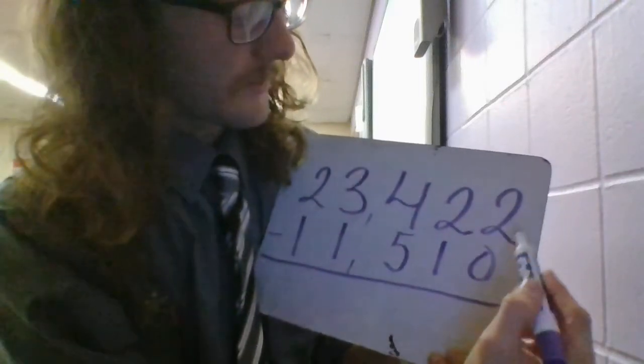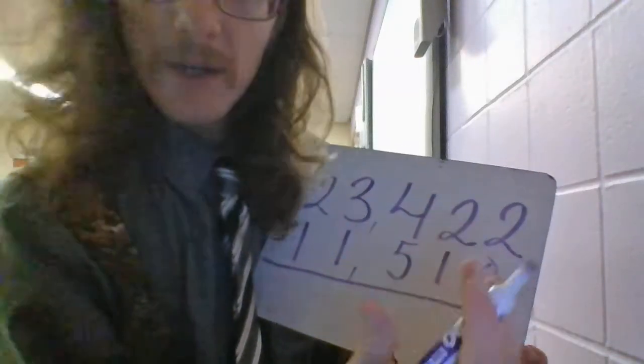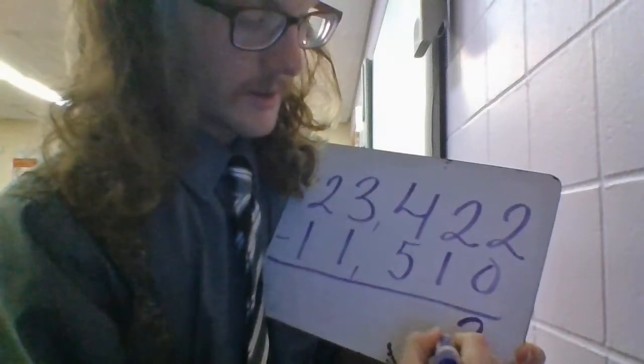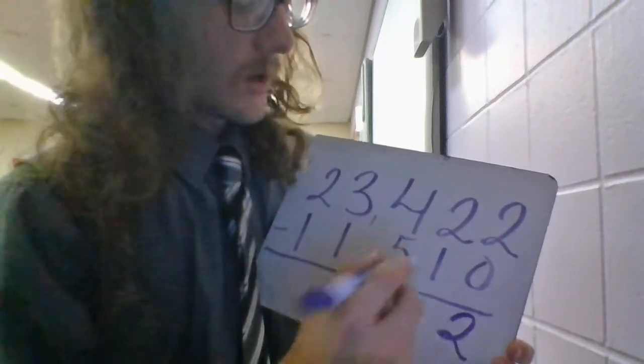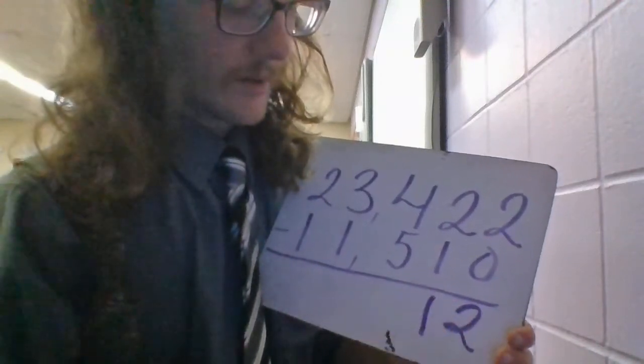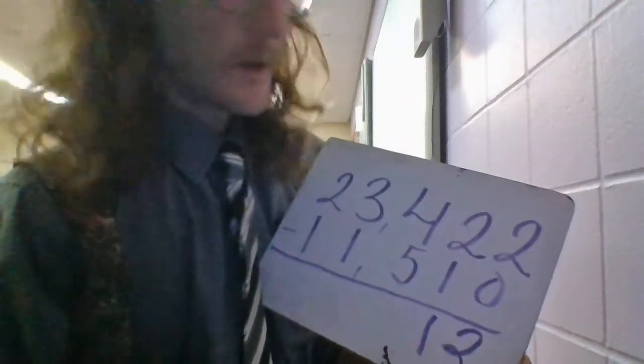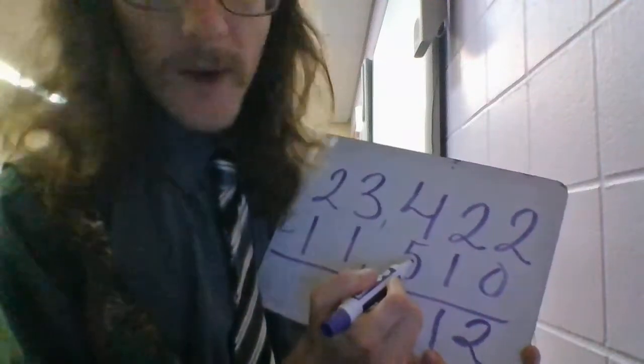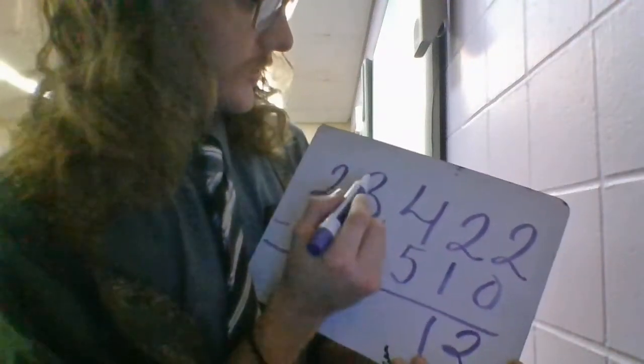Starting in the ones place. 2 minus 0. We can do that. It's just 2. 2 minus 1. We can do that. It equals 1. 4 minus 5. We couldn't do that. So we needed to take,